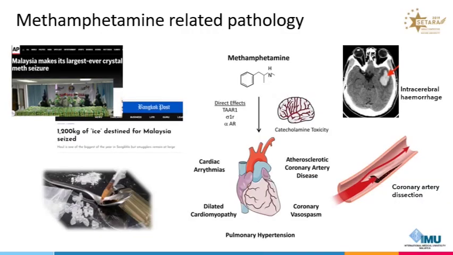For example, if we look at methamphetamine, which probably is the most consumed type of narcotic substance in Malaysia, commonly known as ice or crystal meth. This drug can actually cause several abnormalities, mainly in the heart, such as, for example, atherosclerosis of the vessels, which I discussed earlier. We talk about smoking and atherosclerosis. You would have heard how smoking is a risk factor for atherosclerosis. So likewise, even methamphetamine also can cause atherosclerotic narrowing.